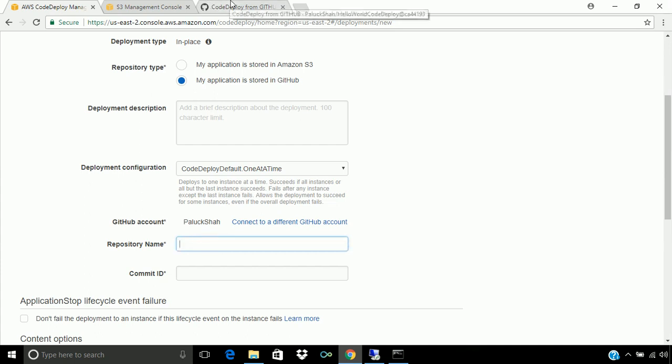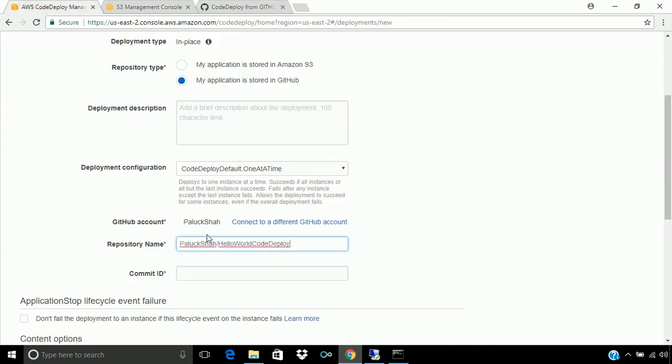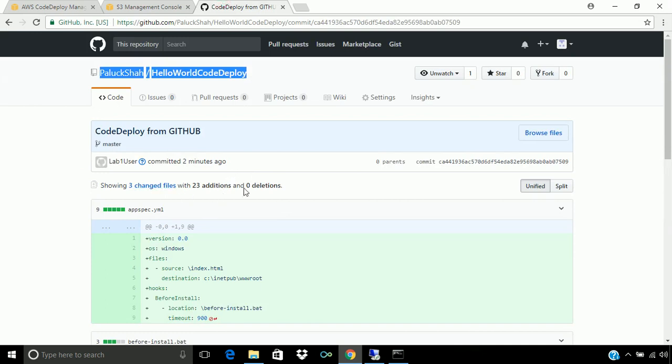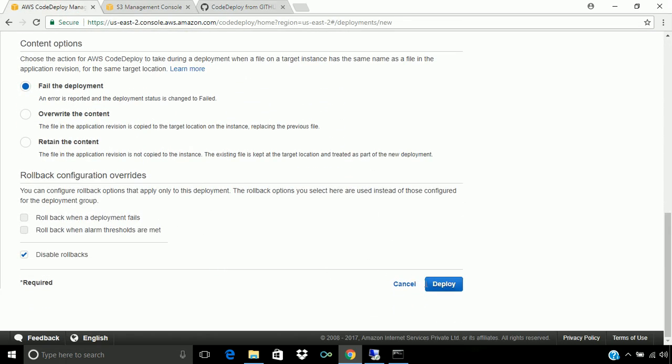Now give the repository name. In our case, the repository name will be this. And the commit ID you can get from here. So let's copy this commit ID and paste it here. And now let's deploy.